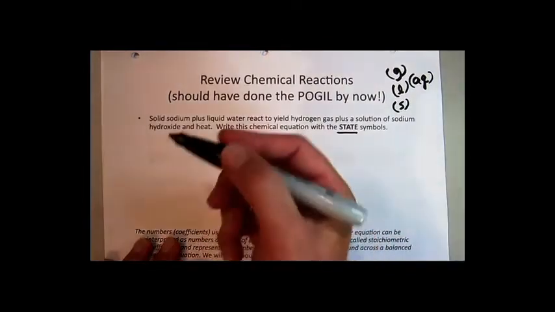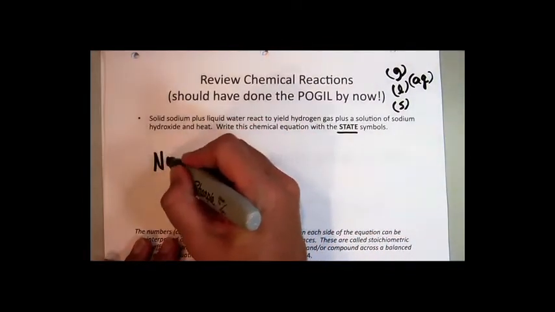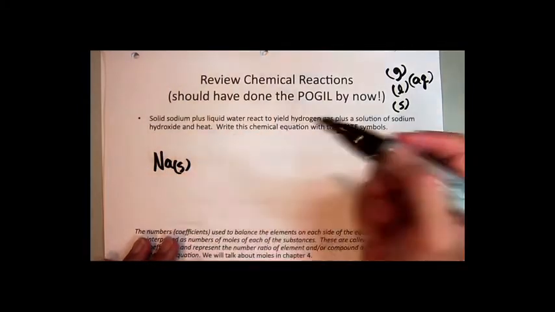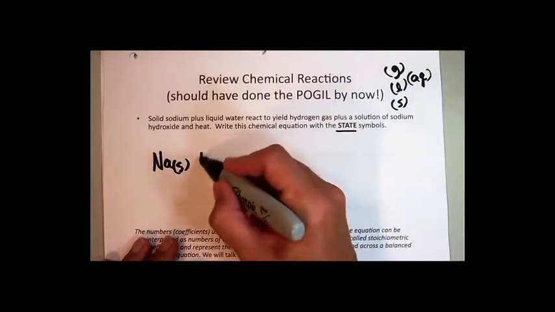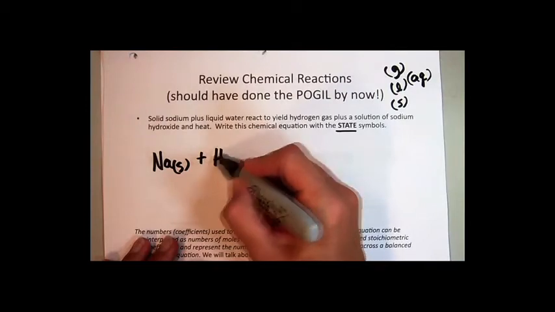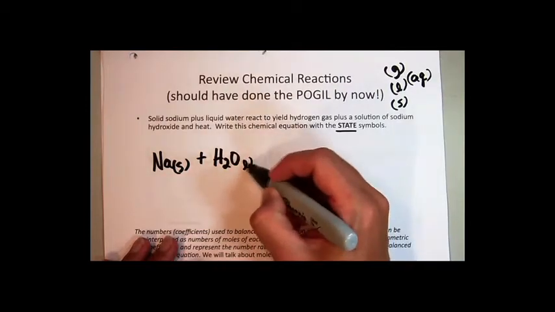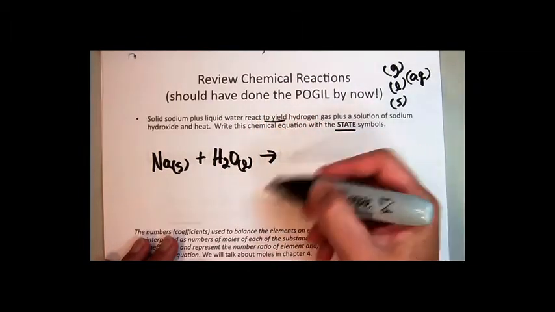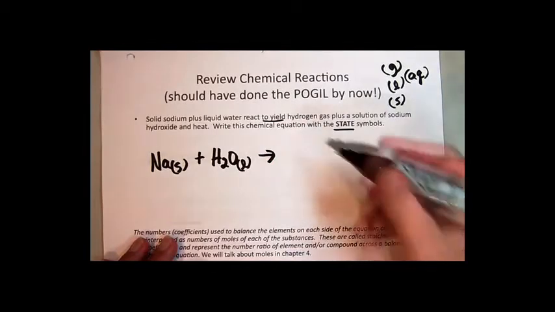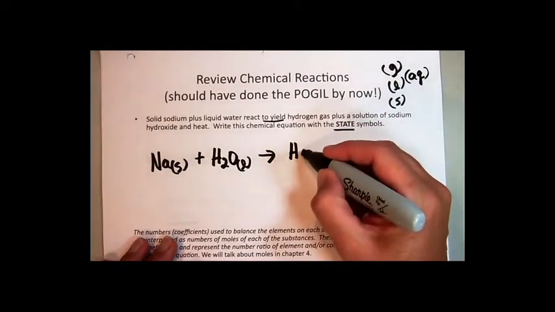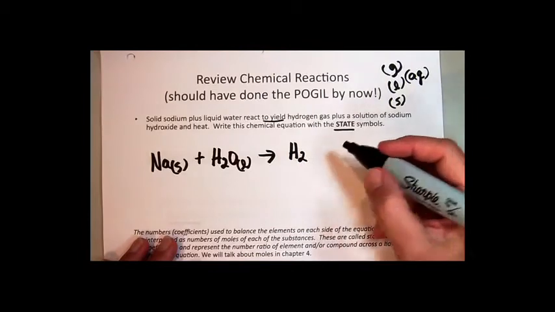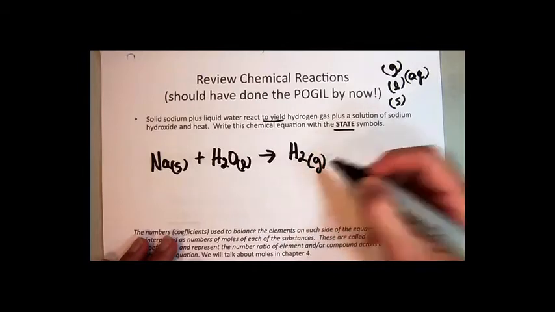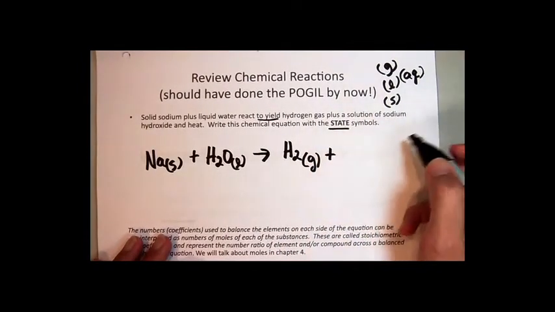Okay, solid sodium, you need to know that sodium is an element, and solid means you can indicate it's solid with a little s next to it, the state symbol s, plus, that means it reacts with liquid water, that means water's in the liquid phase or state. To yield means, that's where you put the arrow, means gives, or that's the result of the reaction. Hydrogen gas, you have to remember that when you write hydrogen, it always exists as a diatomic molecule, so you have to write H2, not just H, and it's in the form of a gas, plus a solution of sodium hydroxide,